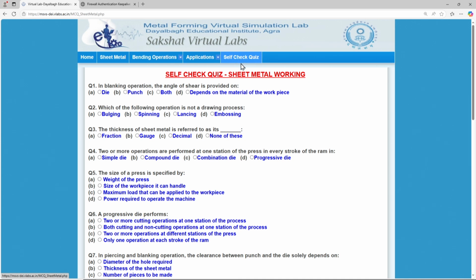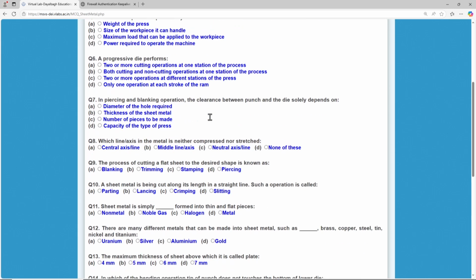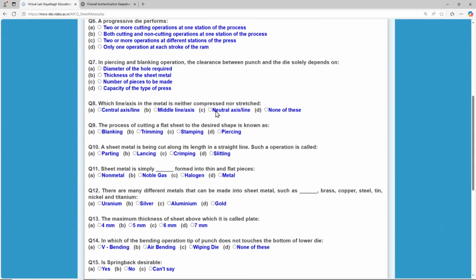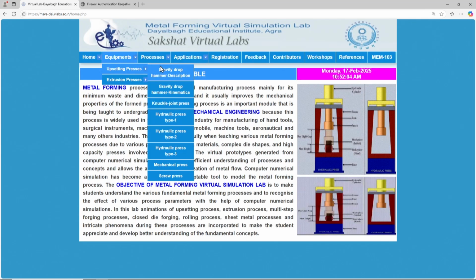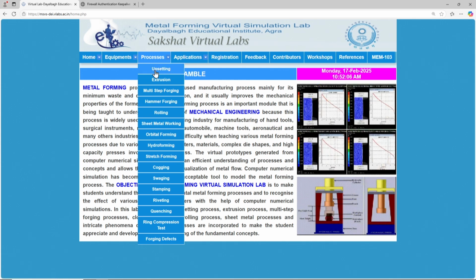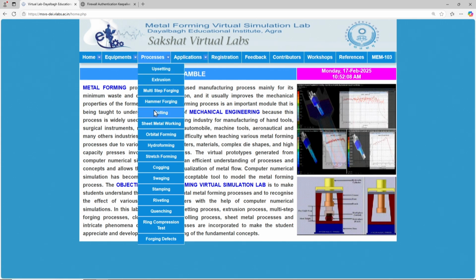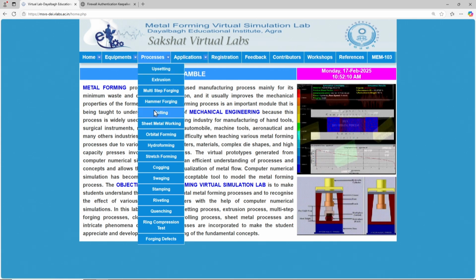You can also now go through the self-check quiz in sheet metal as well, and you can try to find the right answers. So this is generic. You can pick any of the operations in processes, any of the operations in each of the processes. Certain simulations, certain setups, certain cases are given. So this is the virtual laboratory simulation on metal forming. Just a quick demonstration I have given. You can walk through any of the simulations, and also certain help videos are given by different laboratories across the world. Just walk through them.